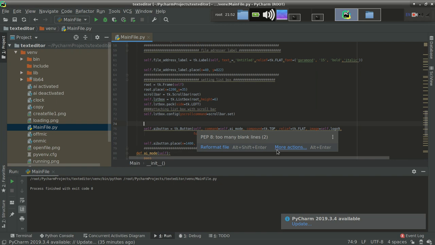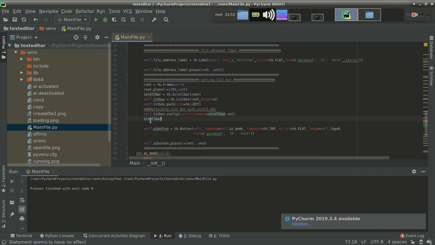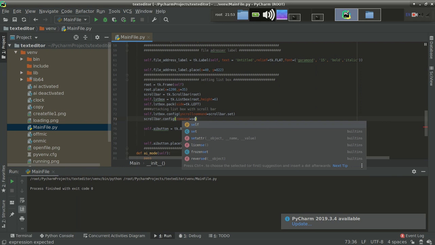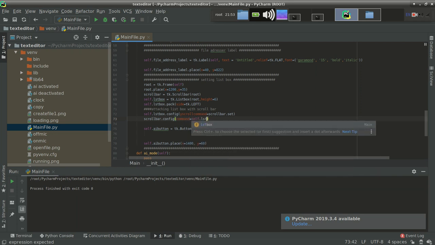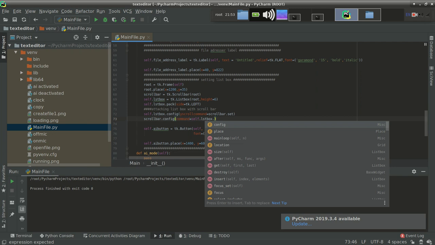Fine. It's time to use another function. So we have attached. Also we are going to place the scroll bar. So for placing scroll bar, we have to use scroll bar dot config. Command should be self dot listbox dot yview.